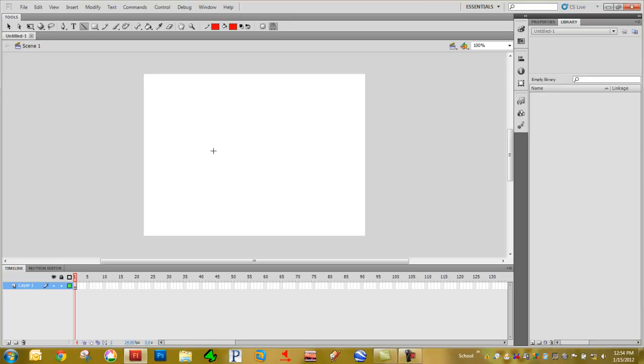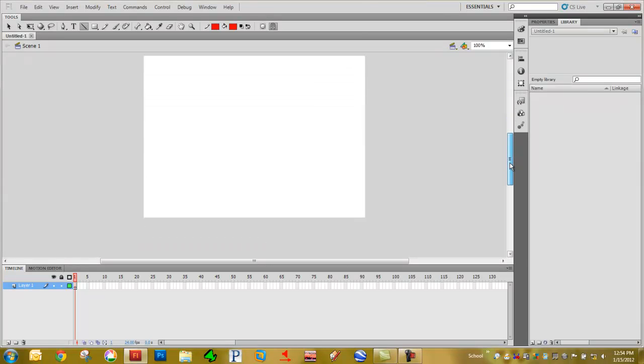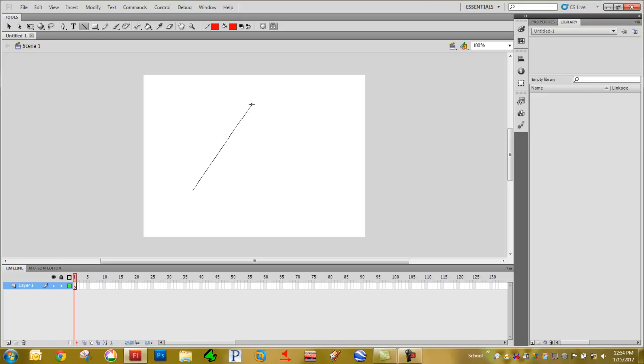Just starting with the basics. Vector drawing is not like raster, where it gets pixelated and everything like that. It's actually just a bunch of computed curves, and then you can texture it with a JPEG or whatever. So if you take the line tool and draw a line, see right here,